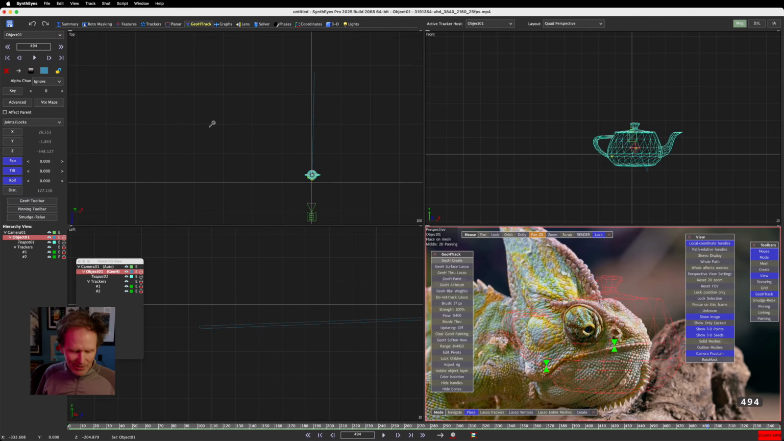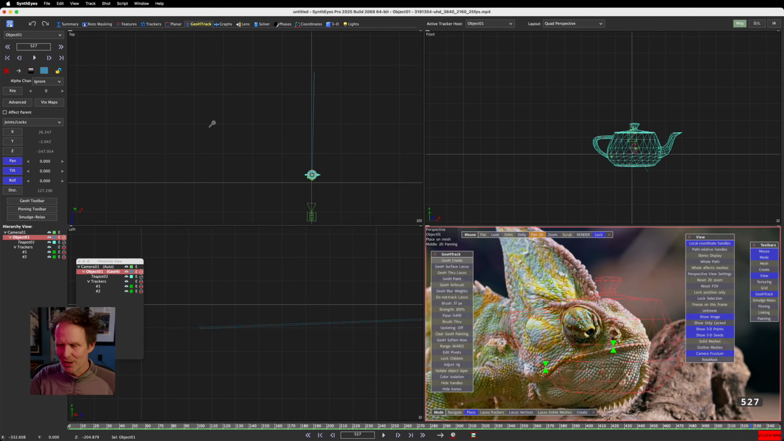Honestly, I've been asking for this for years. I just want an always solve button, so that it's always solving. So that if I moved one of the trackers, then I'd see the mesh resolve. Anyway,